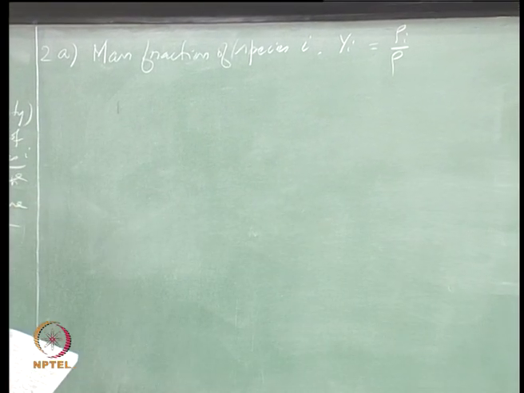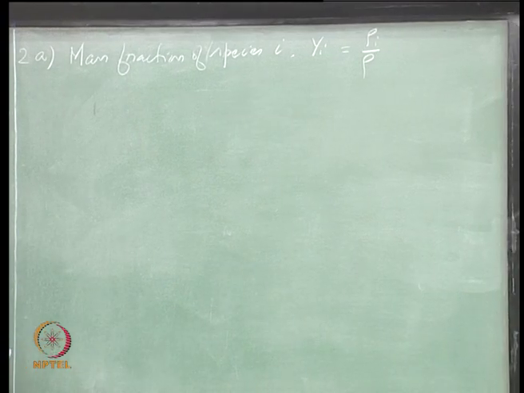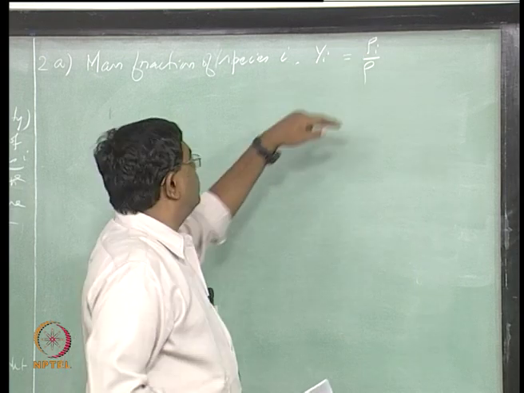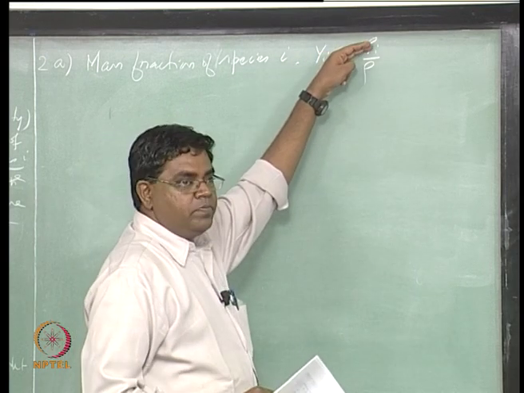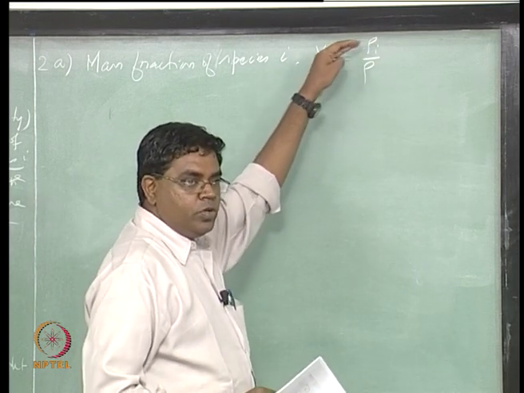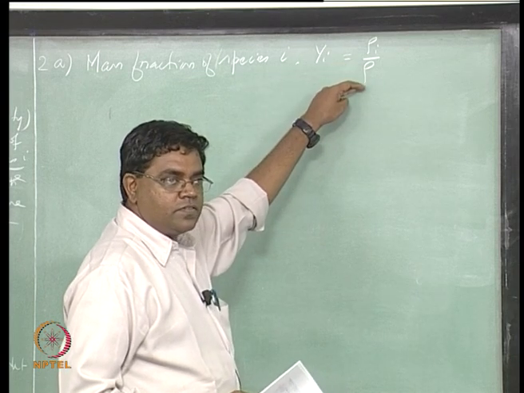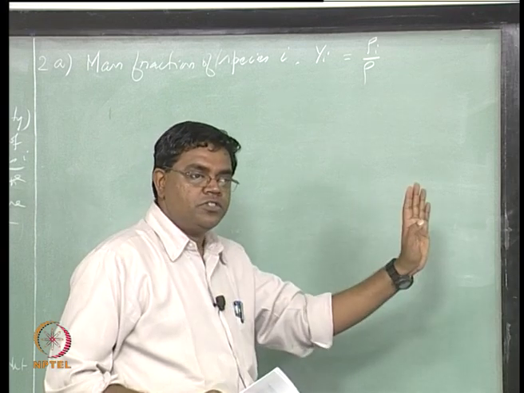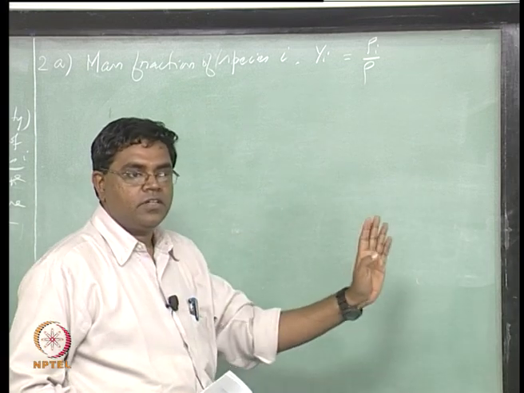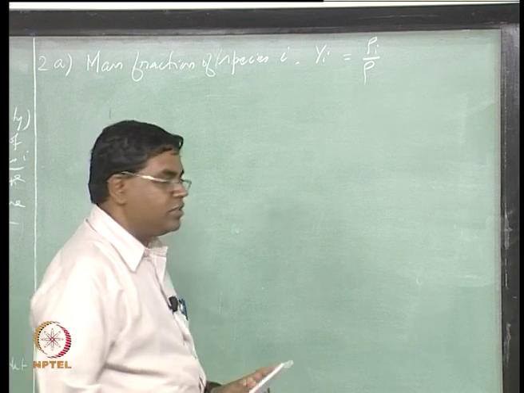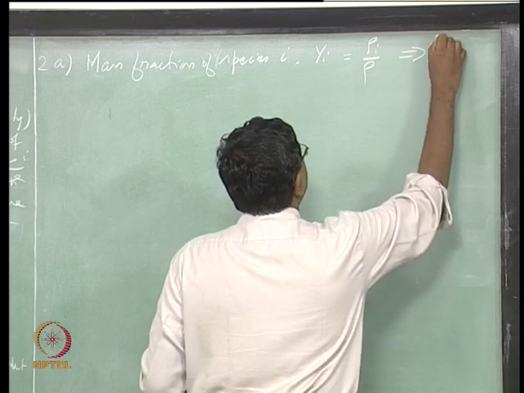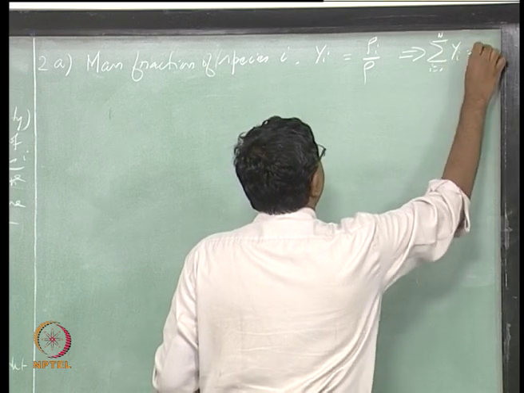Now, if you are looking at the contribution of the ith species mass per unit volume to the total mass per unit volume of the mixture, then if I add up all of these mass fractions, what should I get? 1. Good. So this implies that sigma I equals 1 to n Yi is equal to 1,